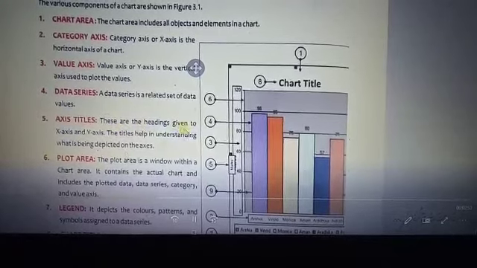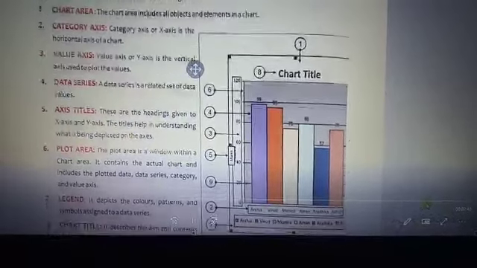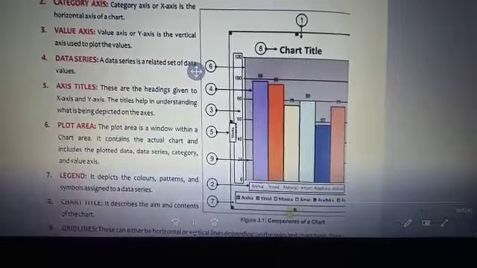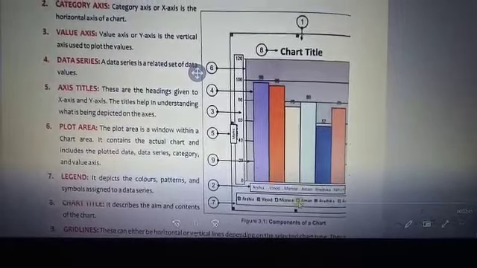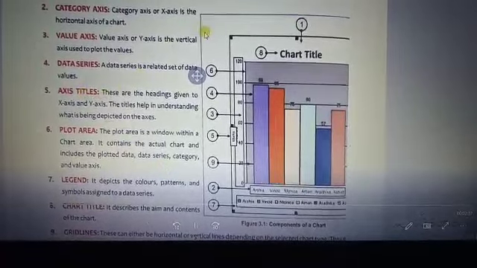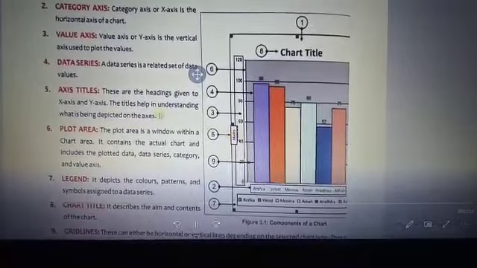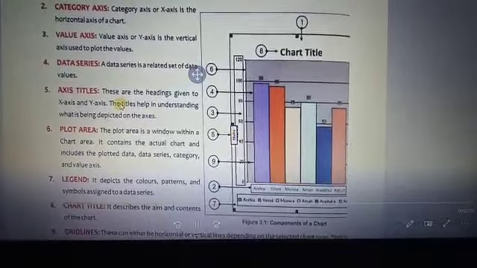Axis title: these are the headings given to the x-axis and the y-axis. We have given the heading style here for the x-axis and y-axis of the chart. You can find the marks here; that is the axis titles.